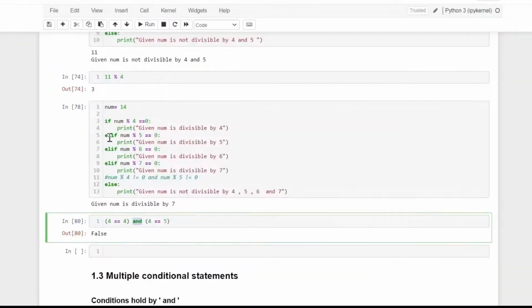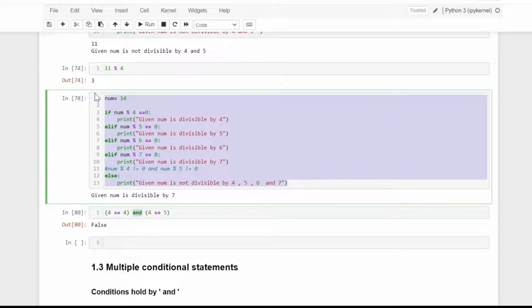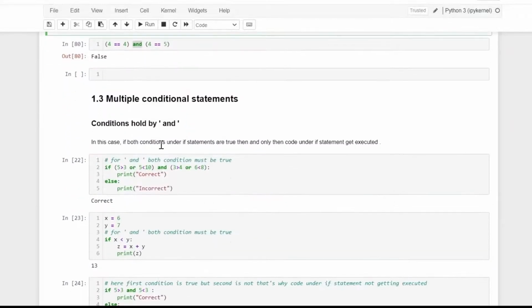Something, instead of adding multiple elif conditions, if possible we can always go with other logical operators, either and or maybe or. So we can implement the same examples over here. For example,